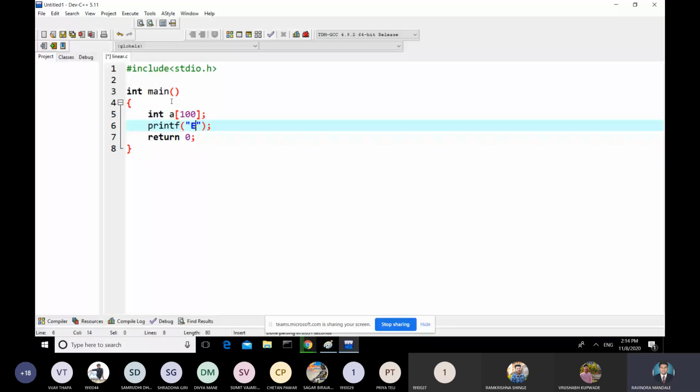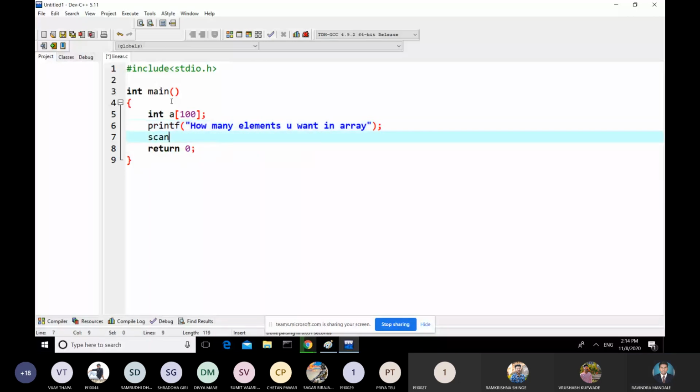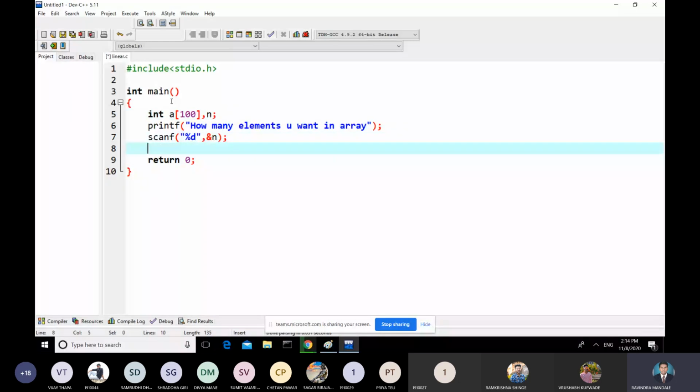Then I'm asking the user how many elements you want in the array, %d and n. So declare this n. That means I'm accepting just the limit of the array.